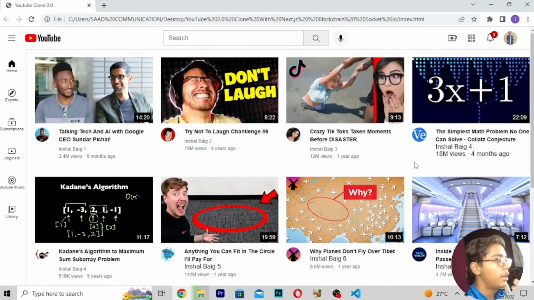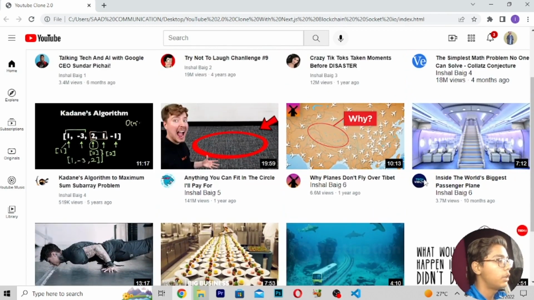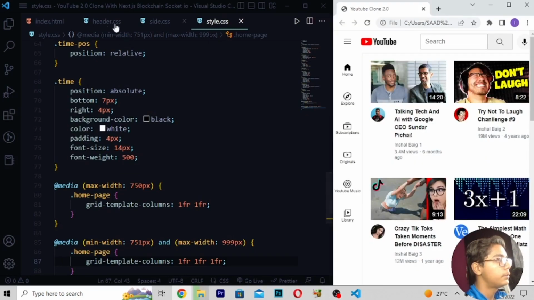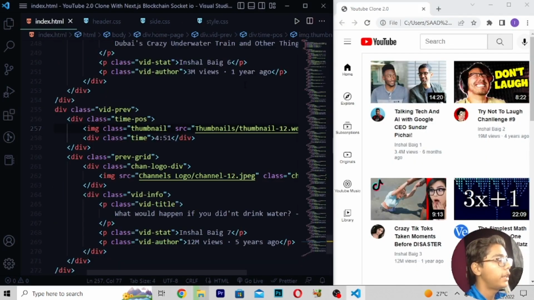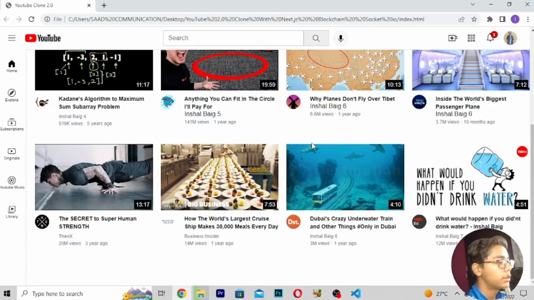Now if I show you, you can see we are getting all this stuff like I was just showing you, and now we have to style it more so we can see that it is working. But here you can see one problem is coming: at the right, one thing is bigger, one thing is smaller. So we have to solve this issue. For doing this, we have to move to this file, and check this is the fourth video. Now in the fourth we are getting some mistake here.